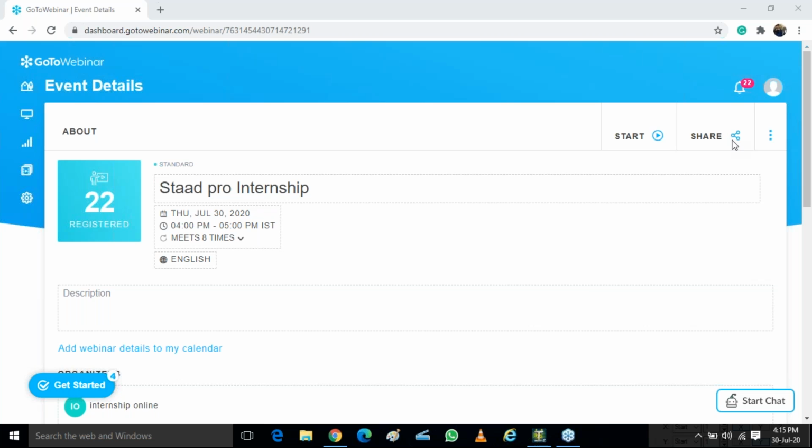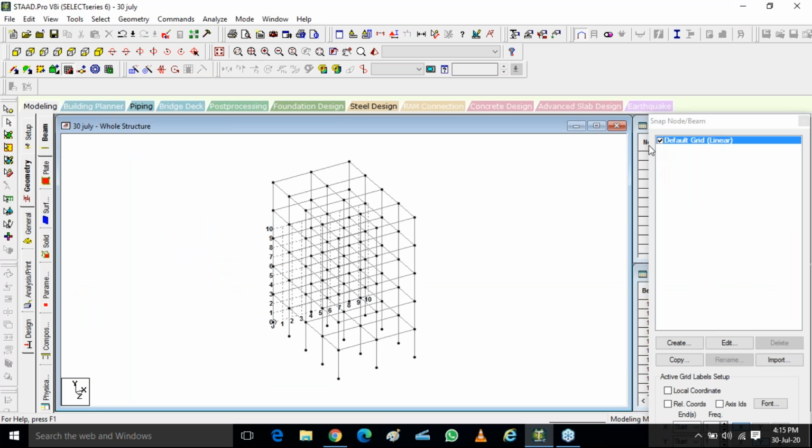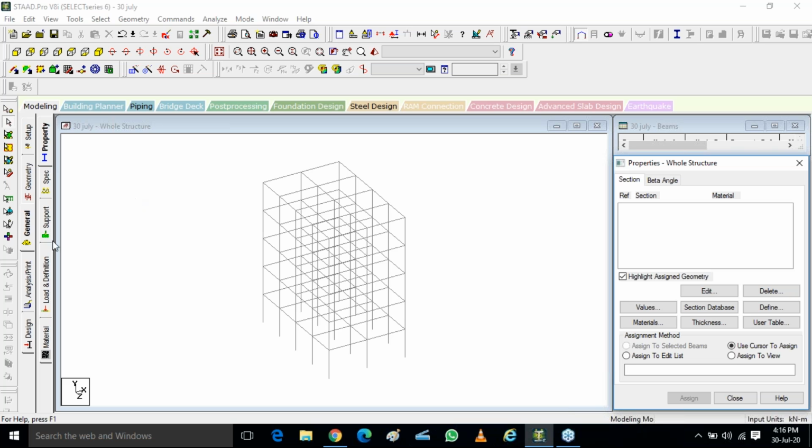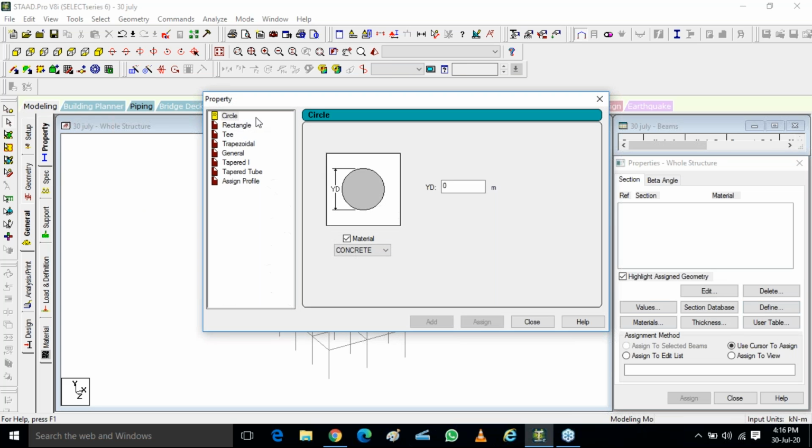I will give you the rough idea of how we are going to initiate with our dead load and live load. In dead load and live load, for example, we take the self weight of a building. Right now I have a building in which I haven't defined any beams and columns. So first of all, I'll go to geometry, go to properties and add beams and columns. I'll define all the beams and columns as the same size, like 0.3 by 0.3.